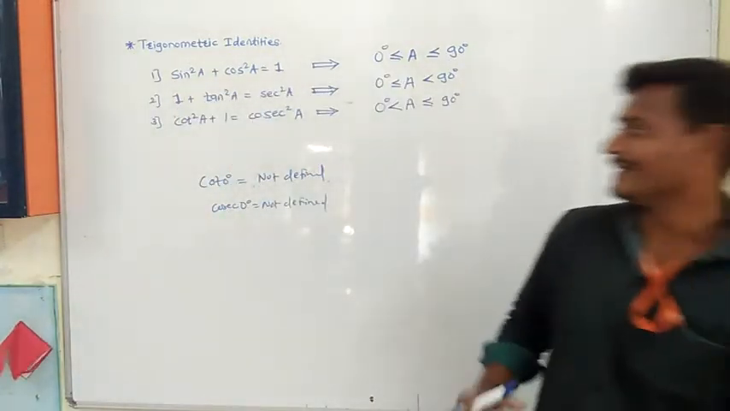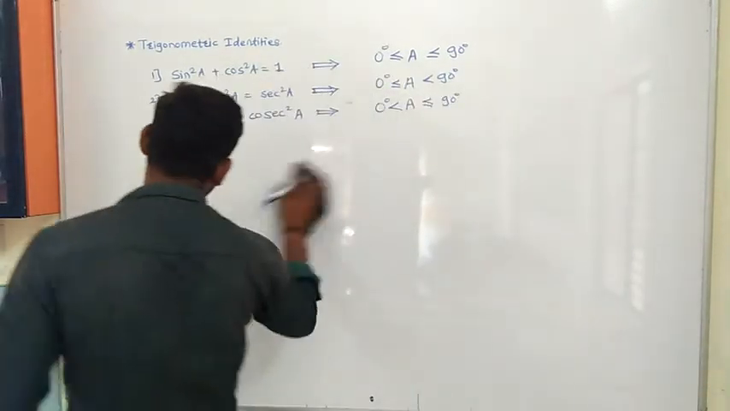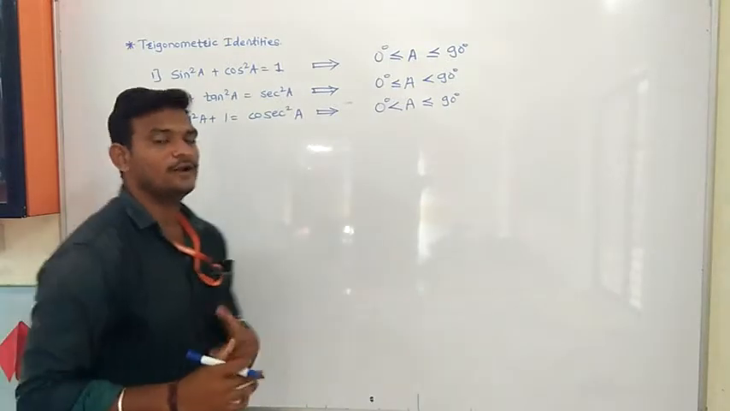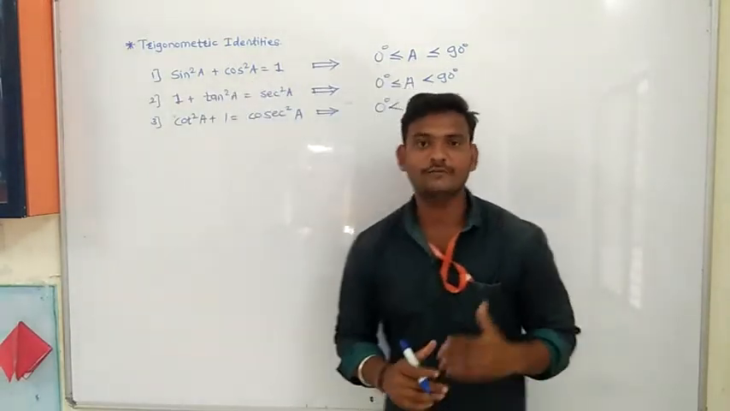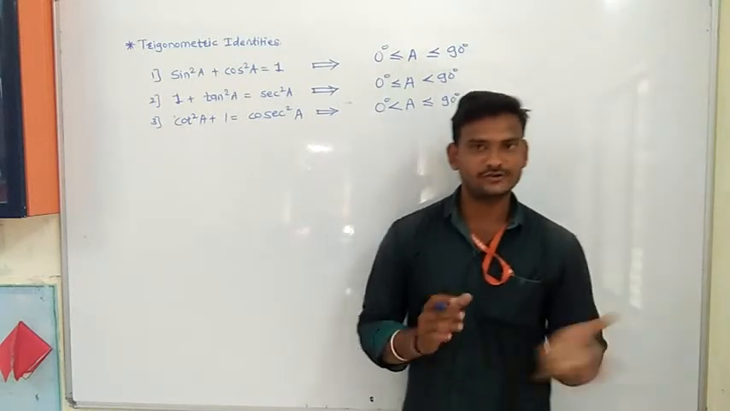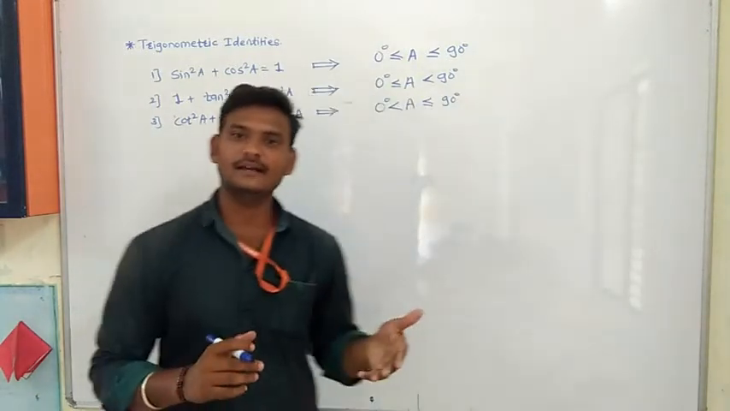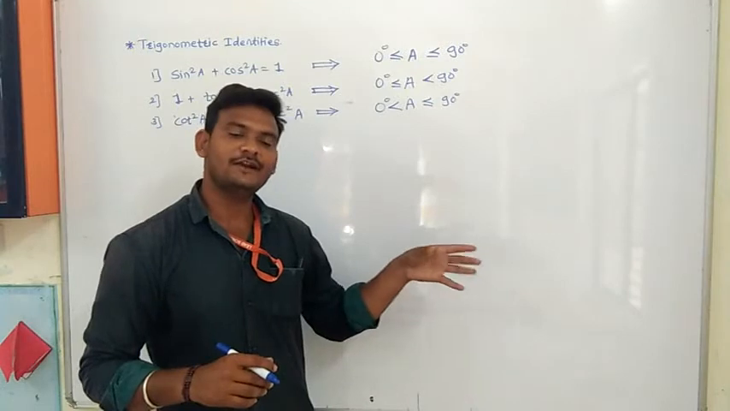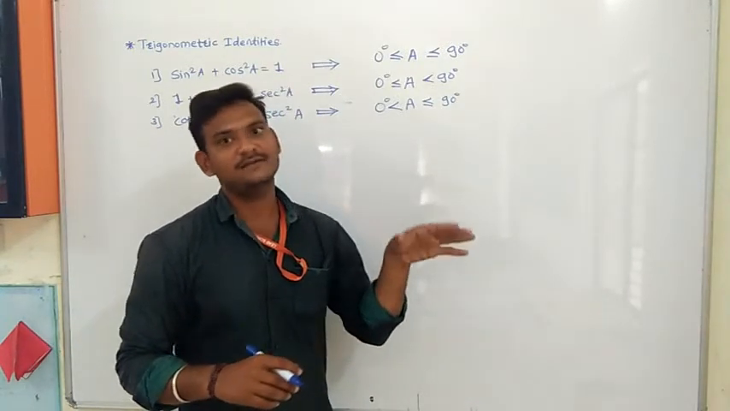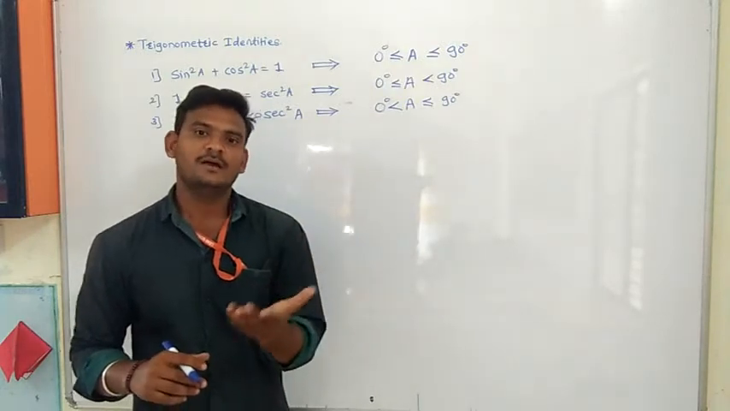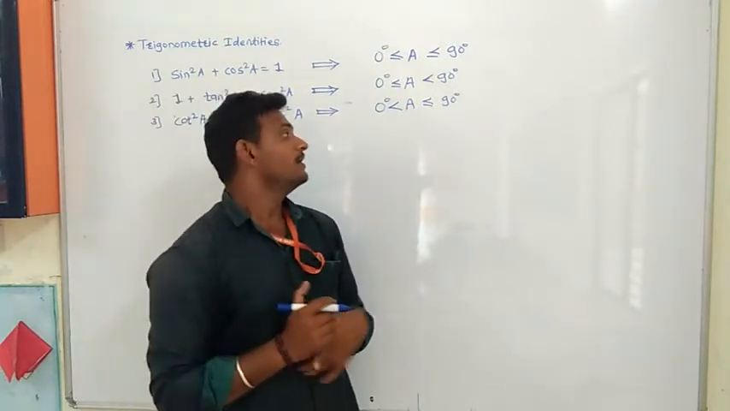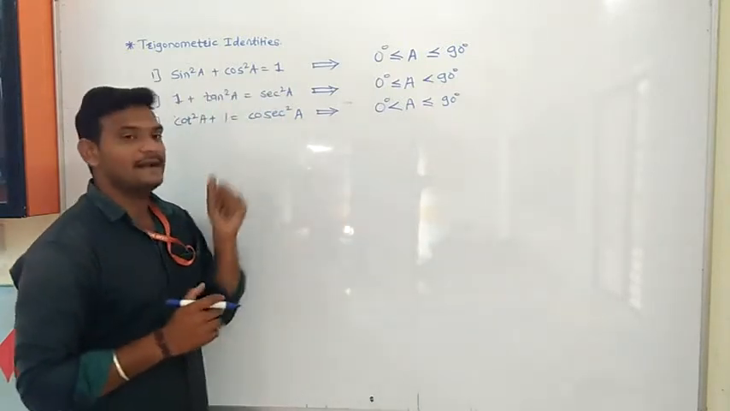Now we will see one example, whatever I told you. If we know one of the trigonometric ratios, can we find all the remaining ratios? We have seen that by using the trigonometric ratios, if we know one of them, then by using the Pythagoras theorem we can find all other trigonometric ratios also. Now, by using the trigonometric identities,